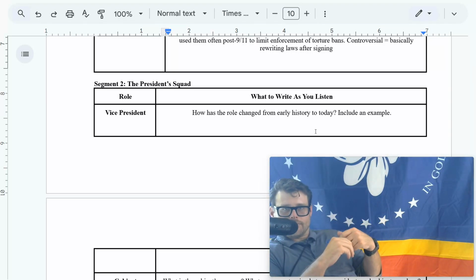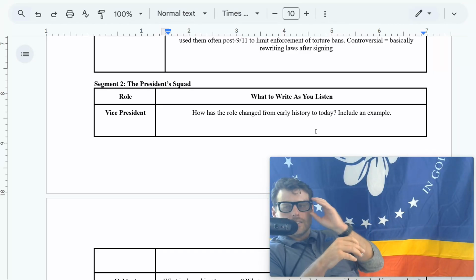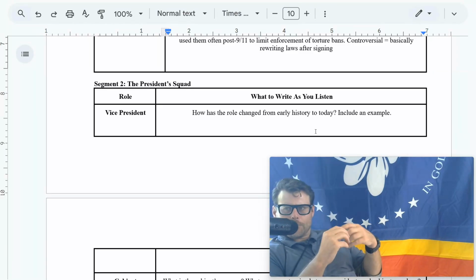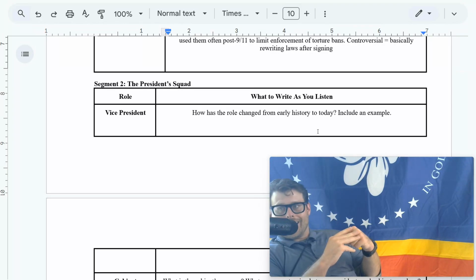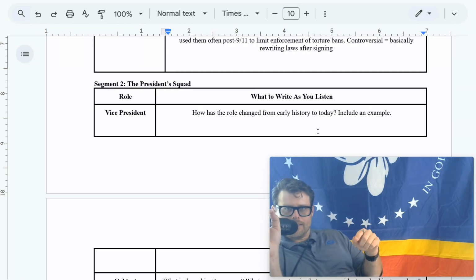So you have the president, and underneath the president, they have a running mate called the vice president. Now, initially, the vice president was the runner-up, the one that lost the election. Eventually they changed that because they wanted someone who would work collaboratively with the president, not against the president. So now they pick a running partner, and that running mate is usually selected to bring in more votes to win the election, right?